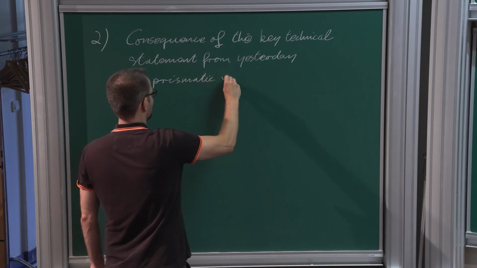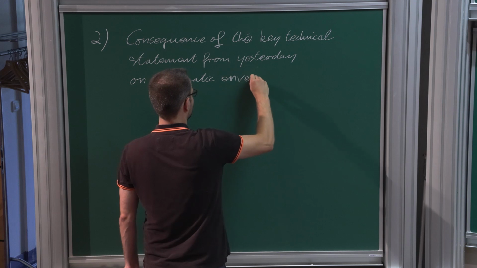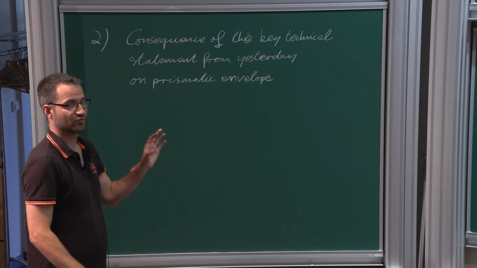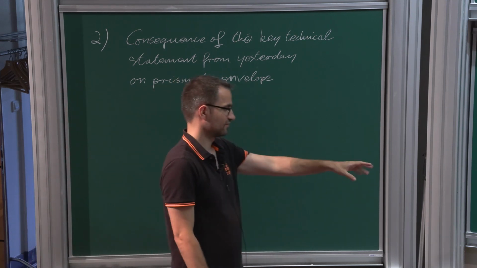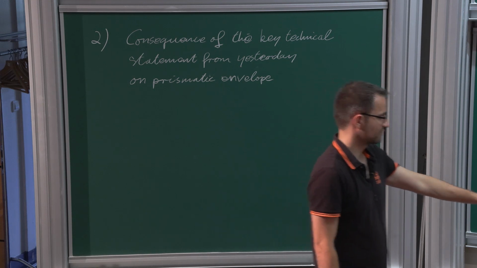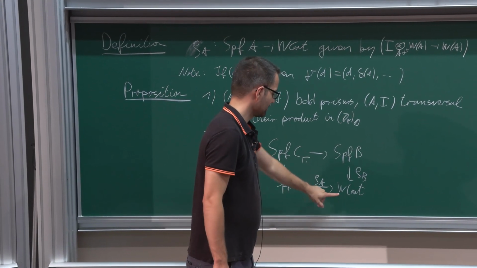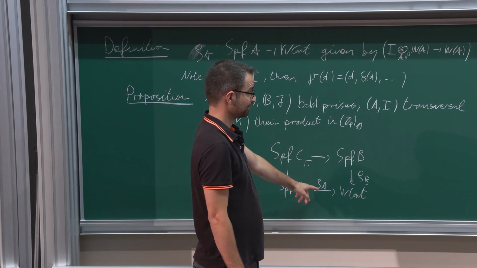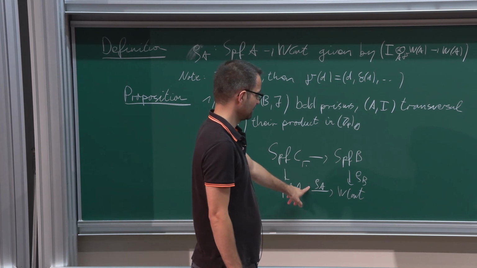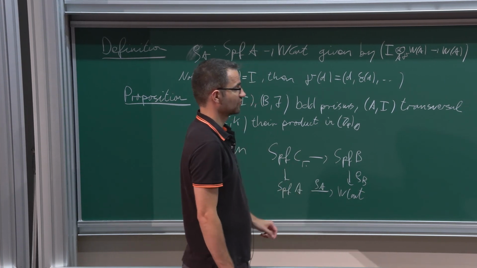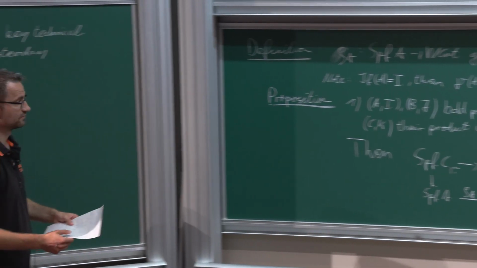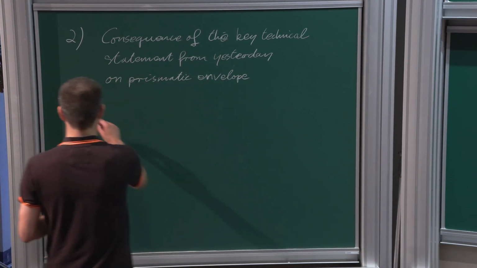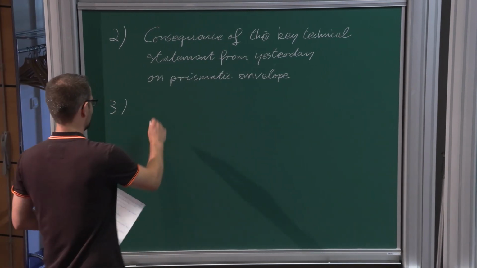There the statement concerned the pi-complete flatness of certain prismatic envelopes, and when translated into this situation, it implies that this morphism is, say, faithfully flat if A is transversal, and then a small argument also shows that it's actually faithfully flat if A is non-zero. And so then the third point follows